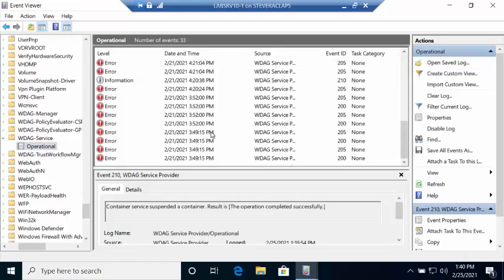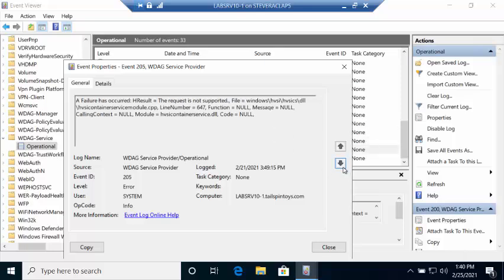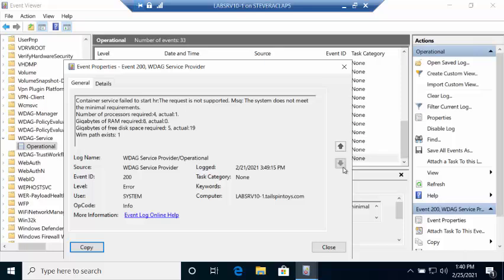If I go down to the 200-ish events, this is event ID 200, and look, when I was having trouble, it's going to tell you the gigabytes of RAM required is 8, and I'm not detecting any. Now, I don't know why it's not detecting any, because it certainly had 8. I'm kind of attributing this to maybe a bug in this build of Windows 10, but